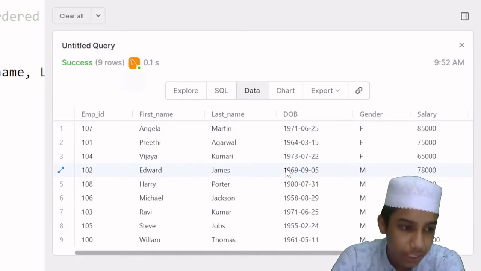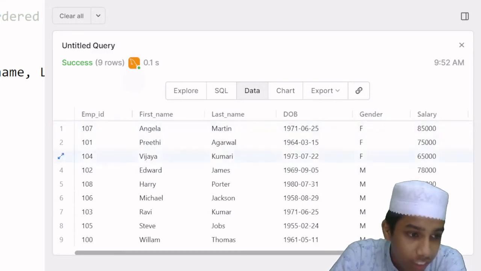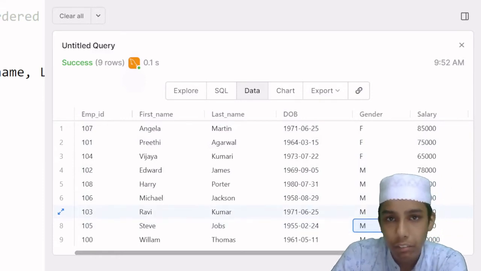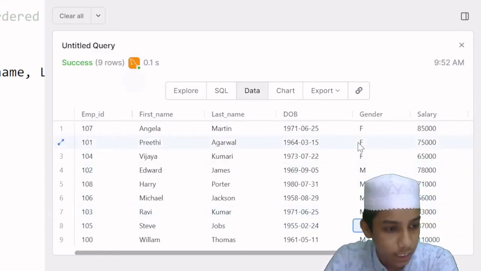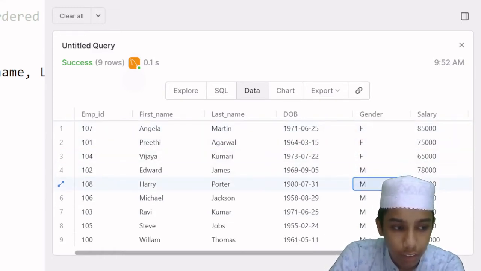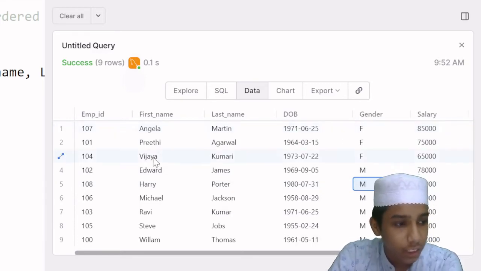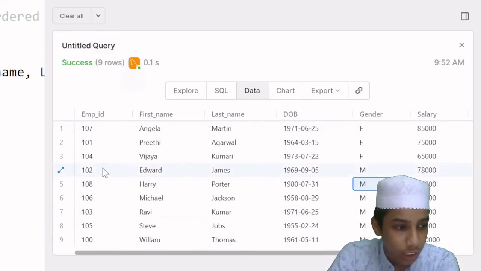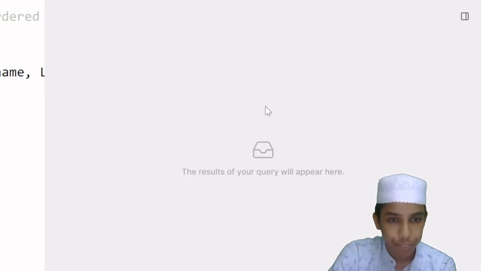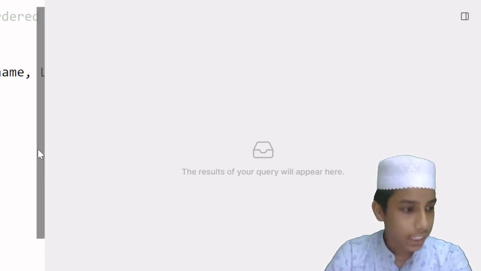First of all, what's happening here is it's ordering by the gender, which means it's sorting the gender into alphabetical order. We have M and F, but here we have first F female and then male, because in alphabetical order F comes first, then M later. So it's coming in alphabetical order. So now we have found all of the employees ordered by the sex and then by their name,